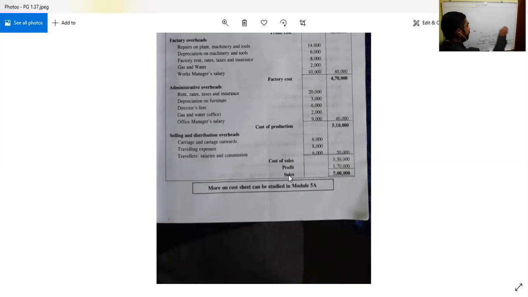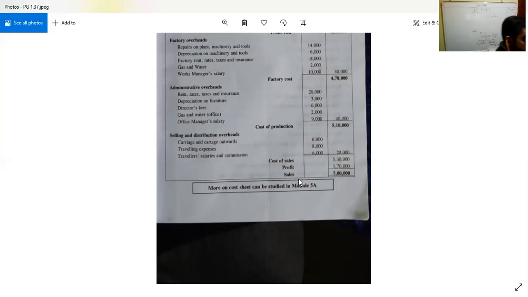The adjustment item, you will study under the fifth module. So cost of sales or total cost is 5,30,000 and sale is 7 lakh. So there is a profit, correct or not? This is less than this. Sales is more. If this is more, then loss comes. So add profit. How much will it be? 7 lakh minus 5,30,000, 1,70,000 is the profit. So this is the balancing figure in this. So sales is how much? 7 lakh. That is already given in the question.